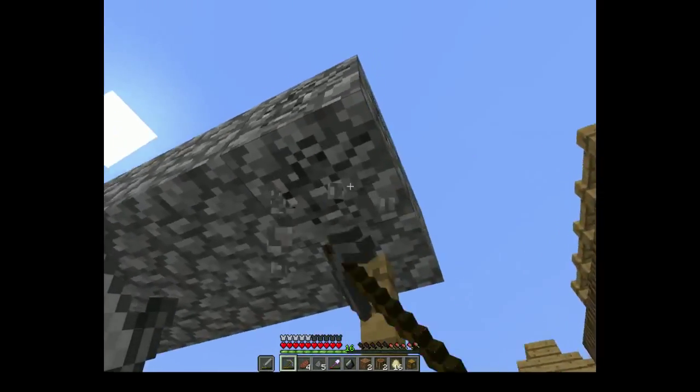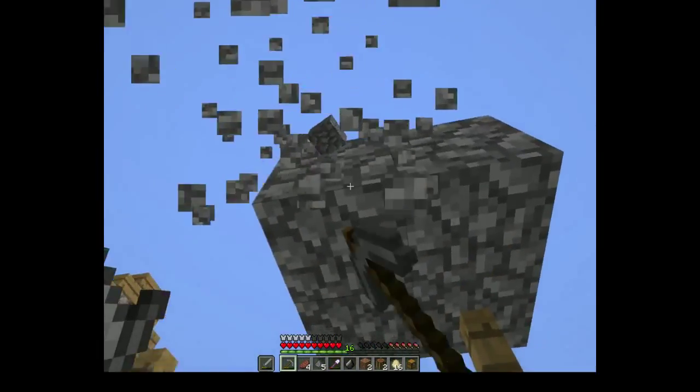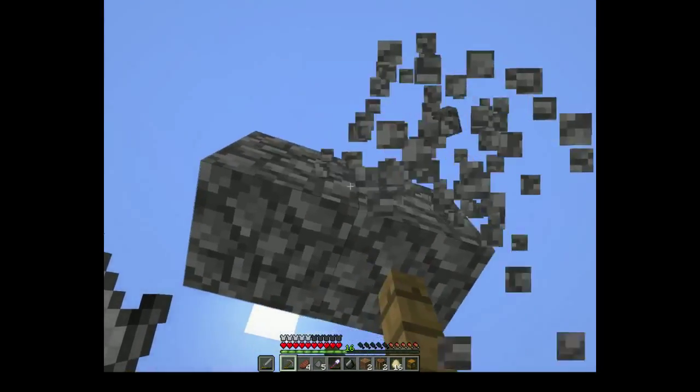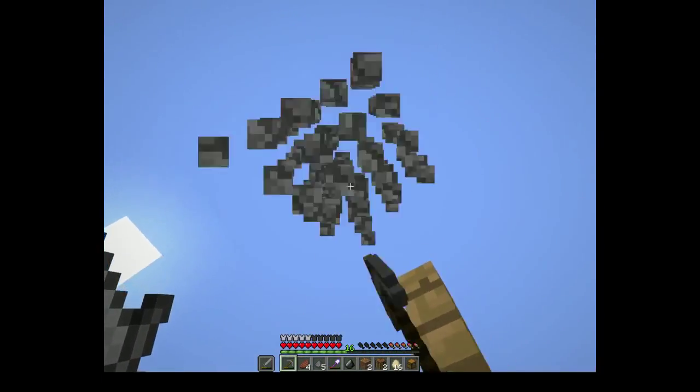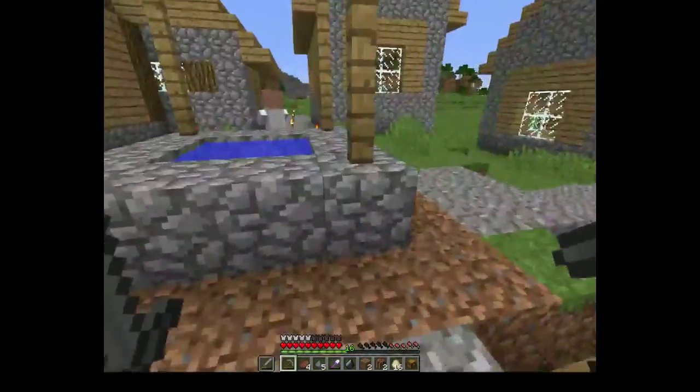Oh, so you can't do it to dirt? Not to dirt. It's compressed grass path, so you have to let the grass grow. In fact, I think they should let you do it on dirt. I guess dirt has a different variant. Anyway,